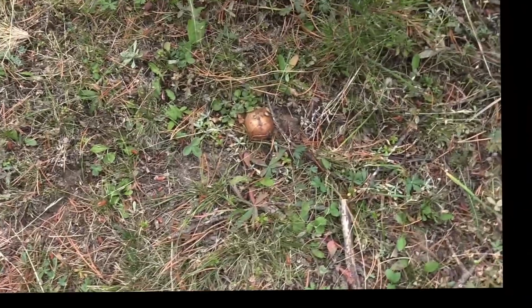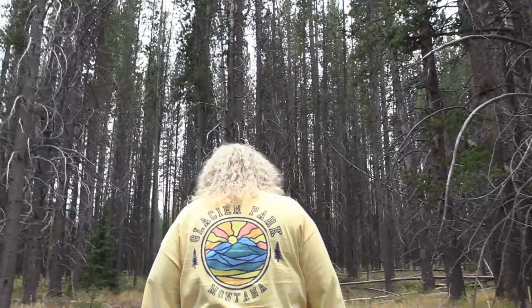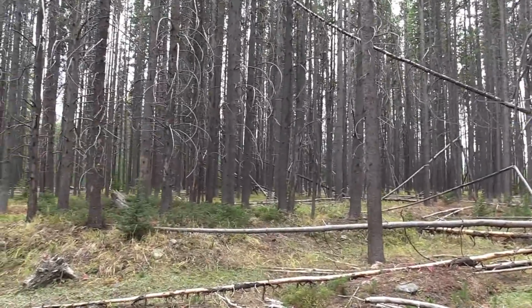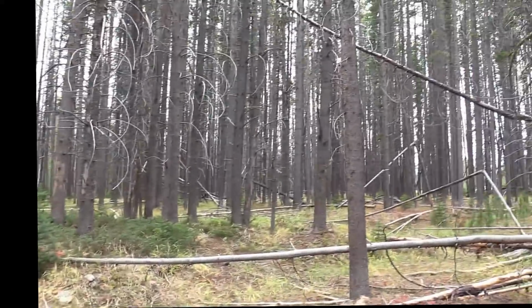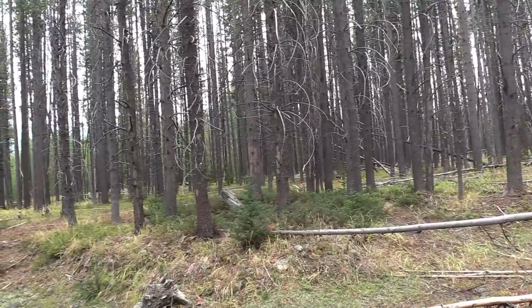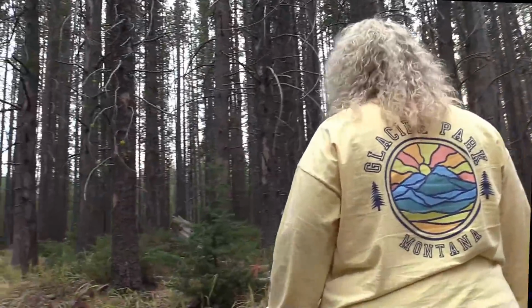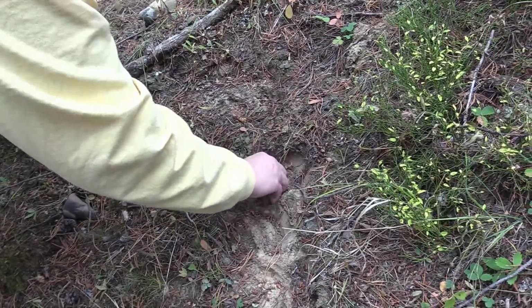There's a mushroom. Whenever you see little tufts like this all over the ground, those are squirrels nipping them off at the top. Yeah, these are old, but you can see their hooves. This is elk. Or a very big...